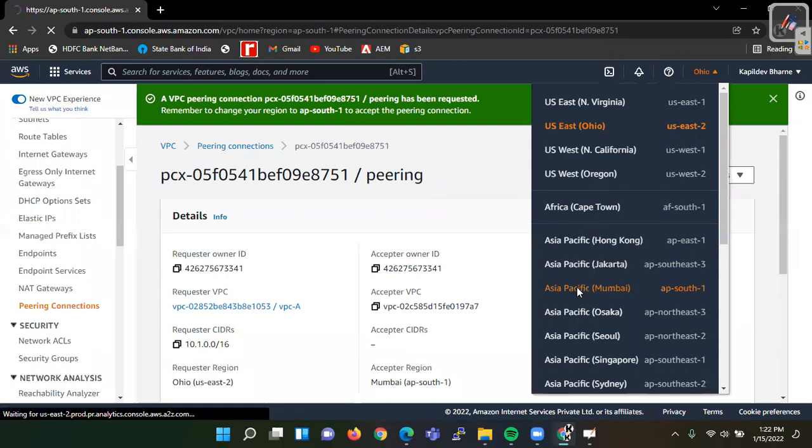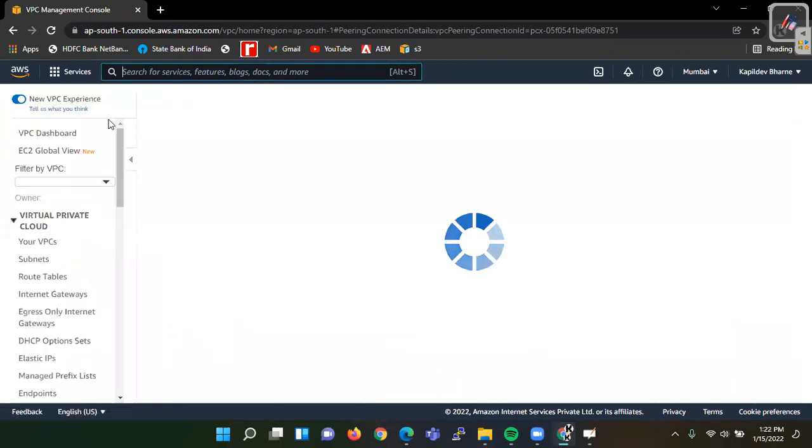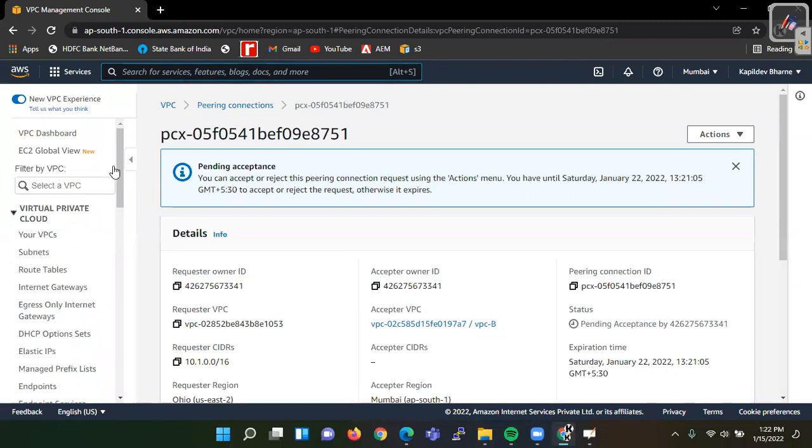Okay, so this is the Mumbai region. Kapil sir, there is one request. Before accepting the request from the Mumbai region, please give a demo on the terminal of what happens if, without peering, we try to connect to the instance and it is not connecting, and after peering, it will get connected. So everyone can have a picture of what is going on. Yes, yes. So what I will do now is accept the connection and I will not modify the route table.